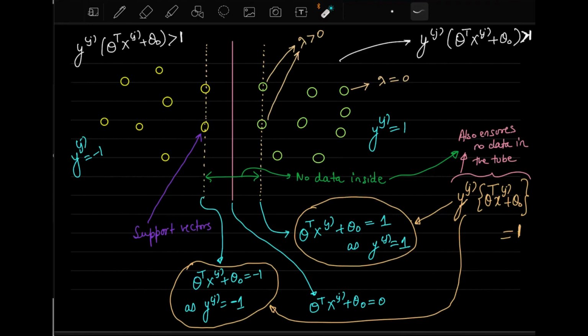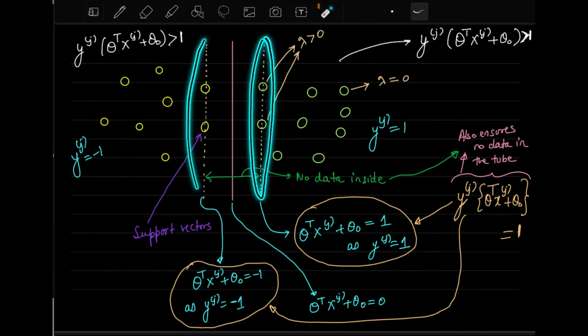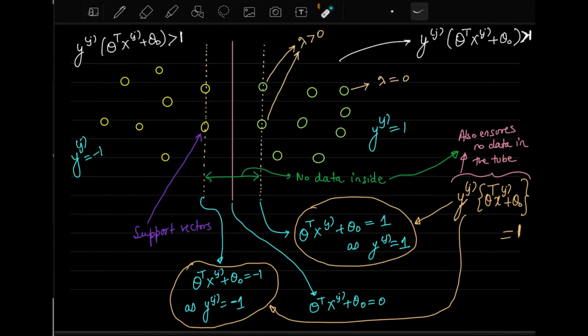And this main line which is given over here is the equation of the hyperplane, which is what we want to find out. And these dotted lines which are given over here are the margins of this hyperplane. These are the margins. So these margin equations are governed by this equation which is given here.